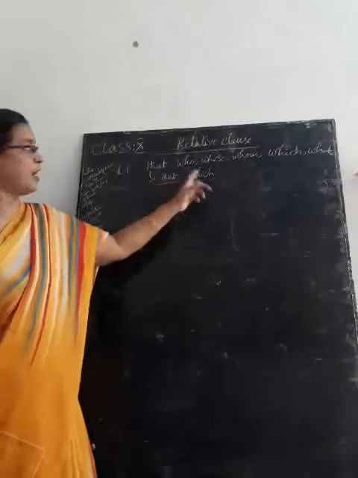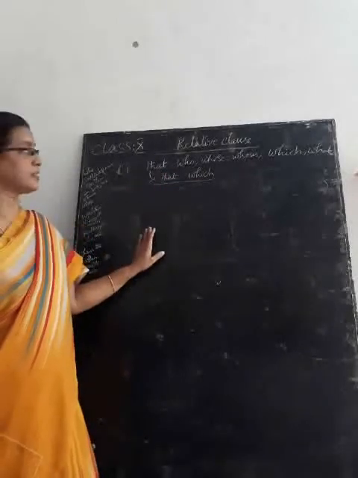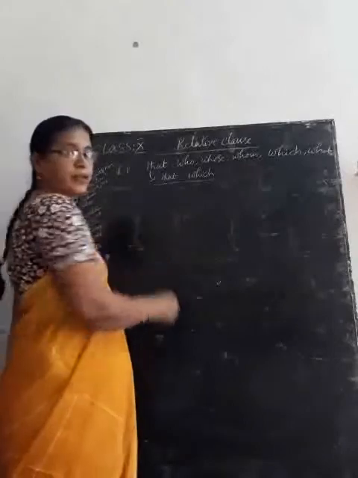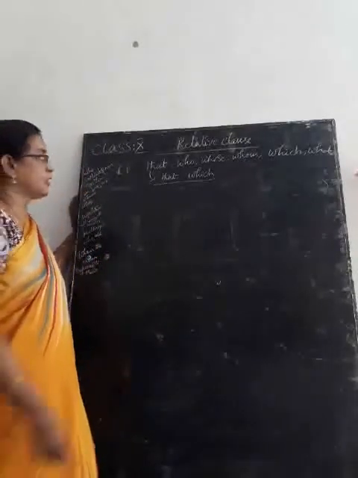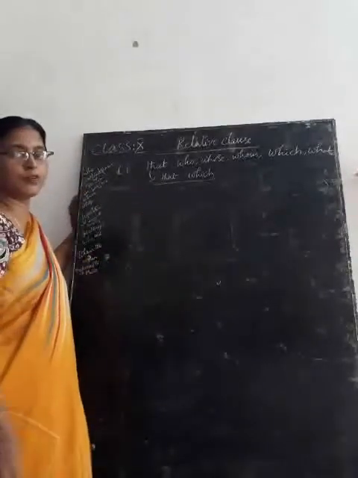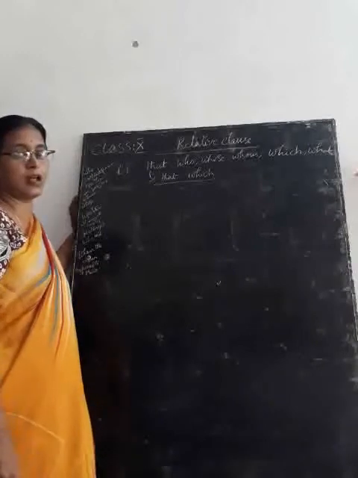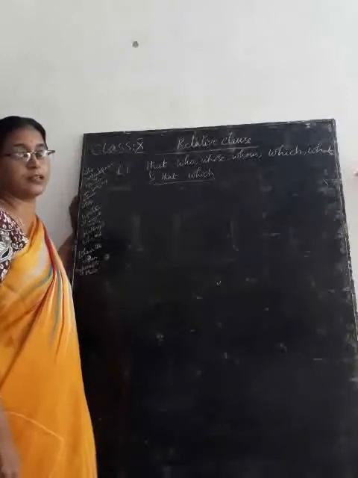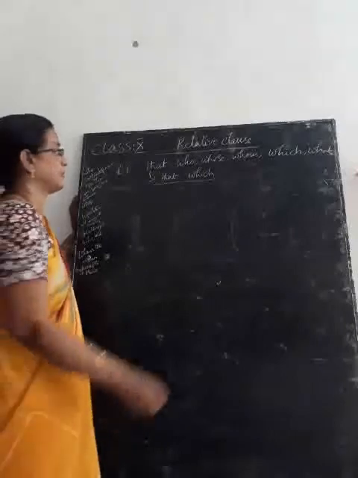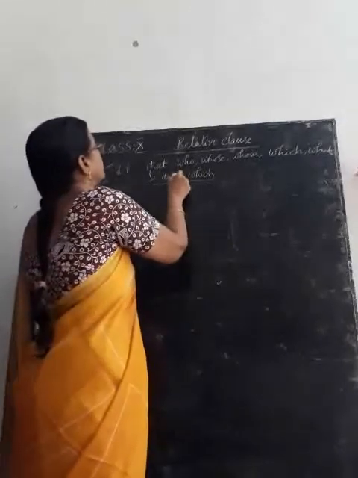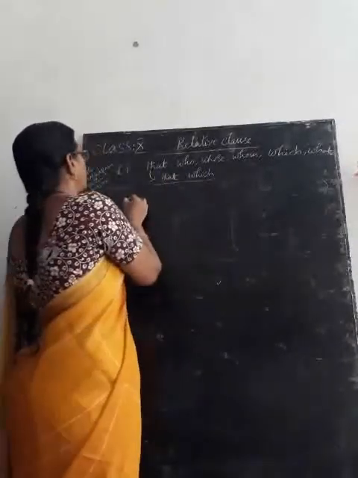Generally, that and which are used for things. Actually, in defining clauses, mostly we use that. Non-defining relative clause doesn't take that. For example,